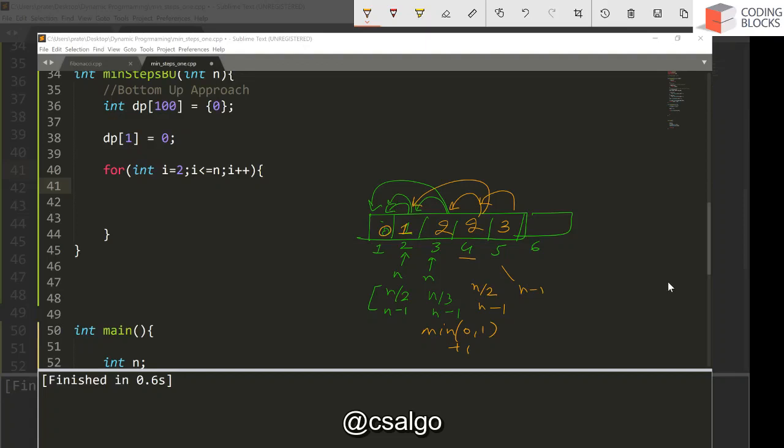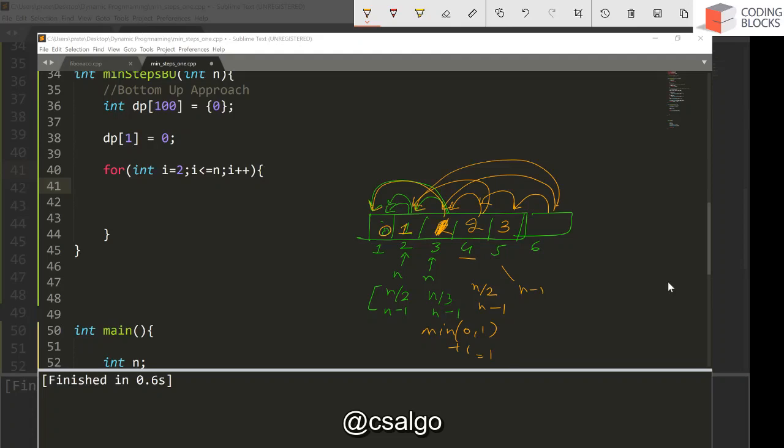At 6, you can either end up at 5, or you can end up at 3, or you can end up at 2. Sorry, at 3 your answer is going to be 1, because you can also end up at 1, right? So this is minimum is 0 plus 1, it's going to be 1. So this is a mistake, so it's 1.